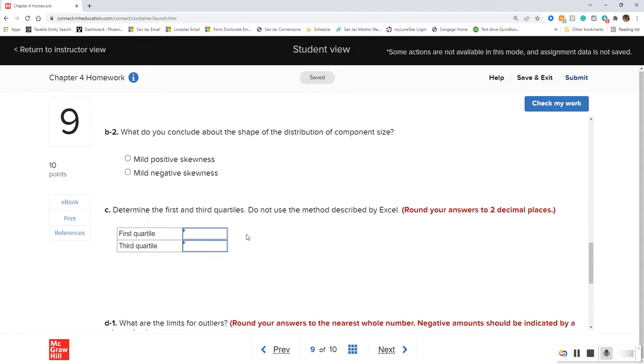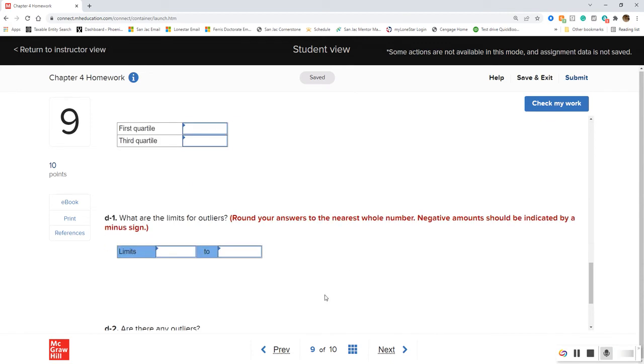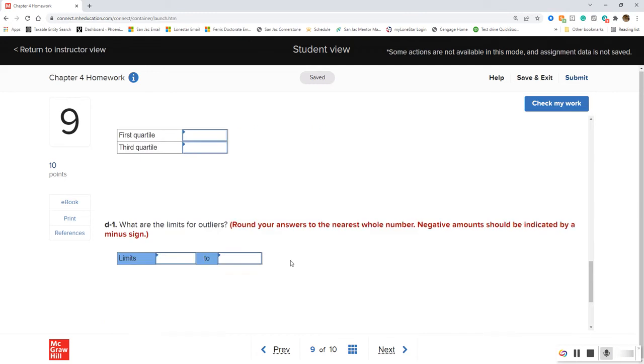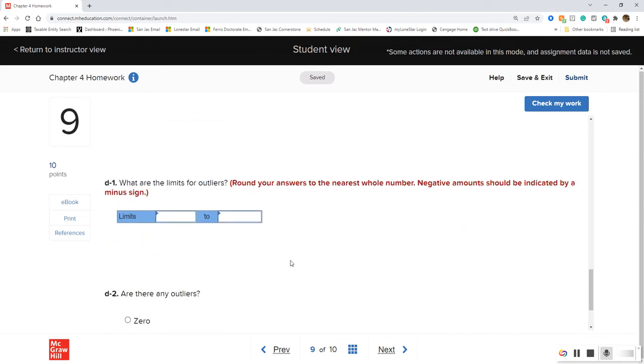Okay. And also finding the first and third quartiles. I like how it says, do not use the method described by Excel. I guess that comes out to a different answer. So, by hand like we've been doing. Again, not an extremely difficult formula on that. And then limits for outliers. Okay. So this one,